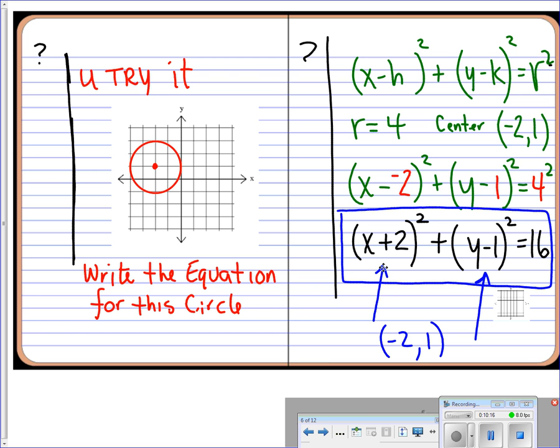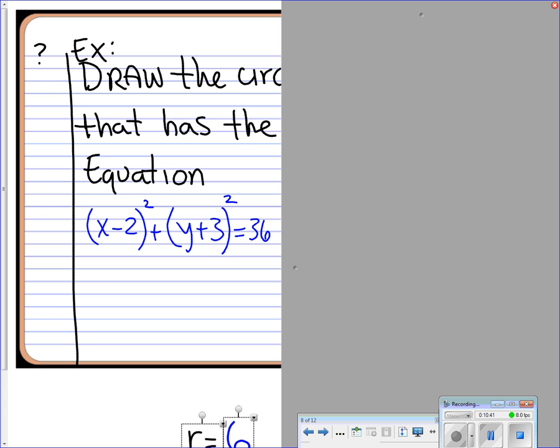So you're going to have to understand in your mind that when it says x plus 2, the center point's actually a negative number. When it says y minus 1, the center y value is a positive number. And then when I give you this, you're going to have to realize the radius is not 16, but the square root of 16. So let's take a look at an example. Draw the circle